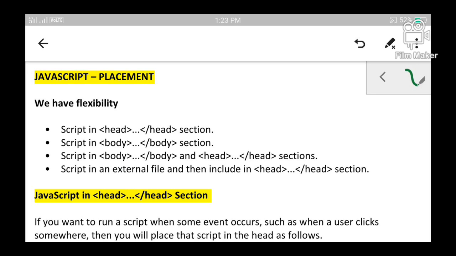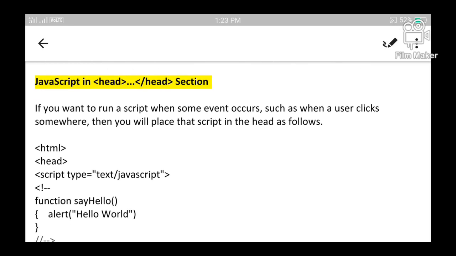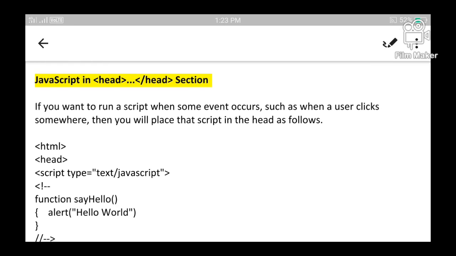First, let us see how JavaScript can be included within the head section, and when we should include JavaScript in the head section. Suppose the user wants to execute the script only when an event occurs.